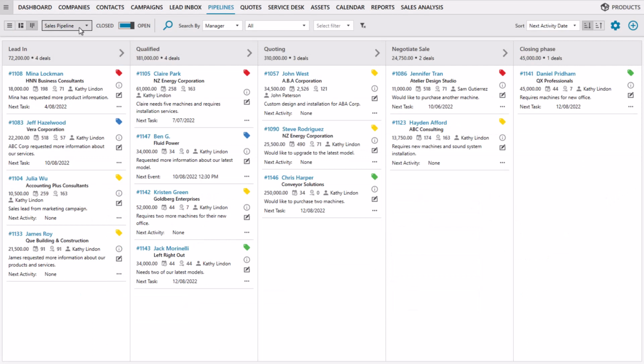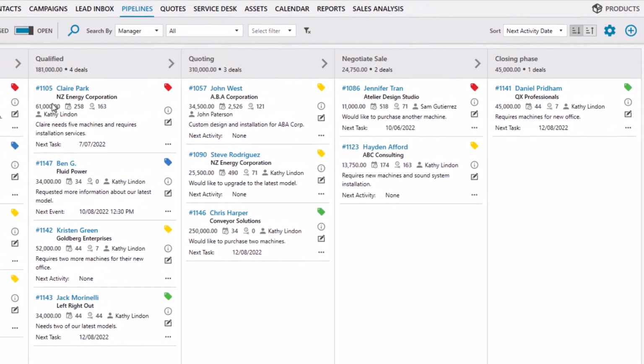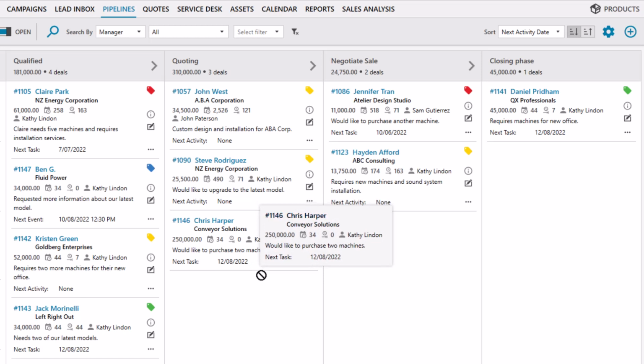Use the Sales Pipeline and Quotes module to manage sales with prospects and existing customers. You can have multiple pipelines to manage different processes. For example, you can have a lead pipeline to qualify new leads, a sales pipeline to manage sales activities, and a delivery pipeline to manage the delivery or implementation process. You can define the stages for each pipeline and use the drag and drop interface to move opportunities from one